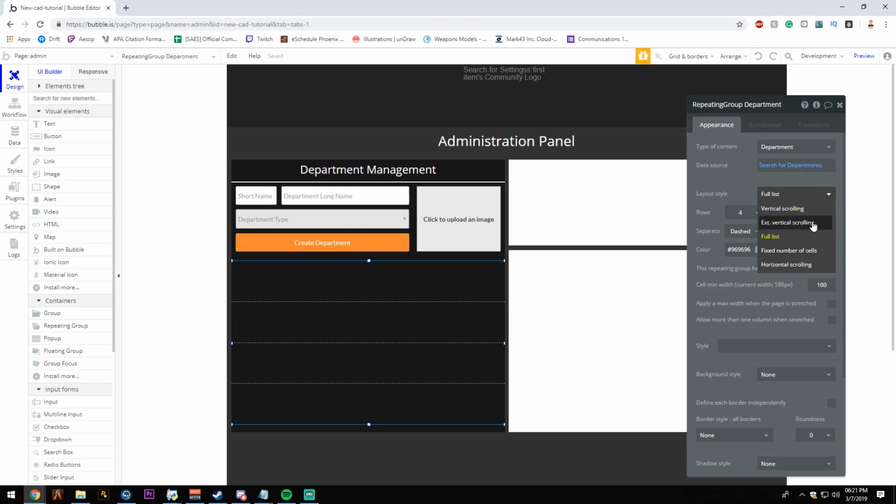Extended vertical scrolling is basically the same thing, except you need to scroll the page down for it to load. Full list will load everything all at once, so it's better. Full list is good if your data field isn't that big. Now,